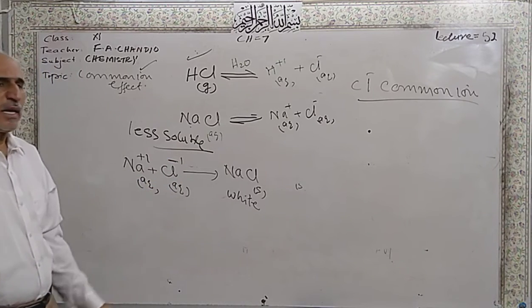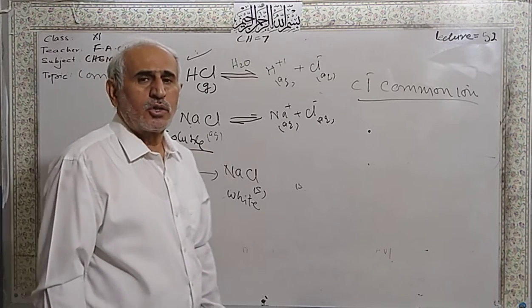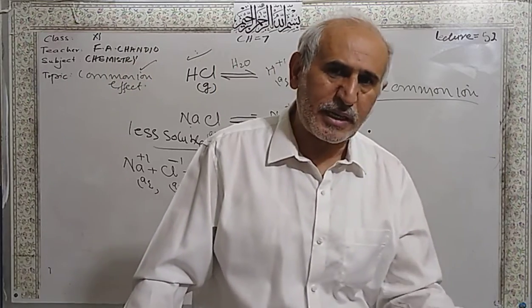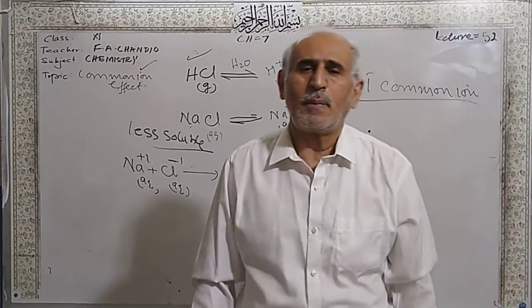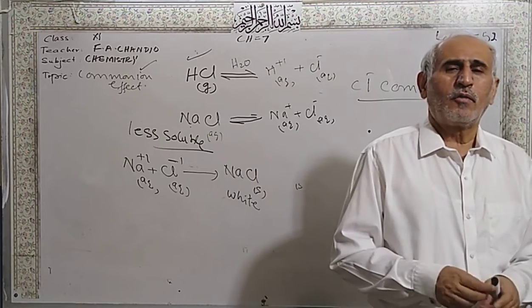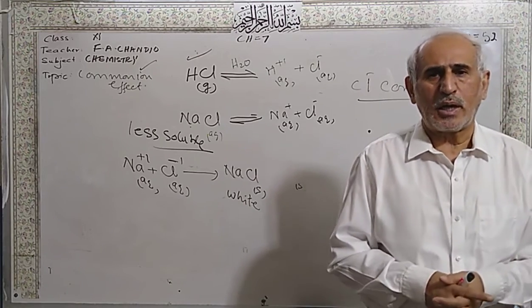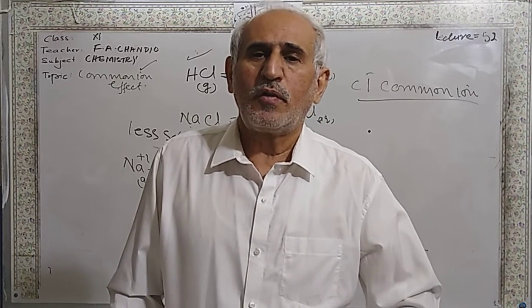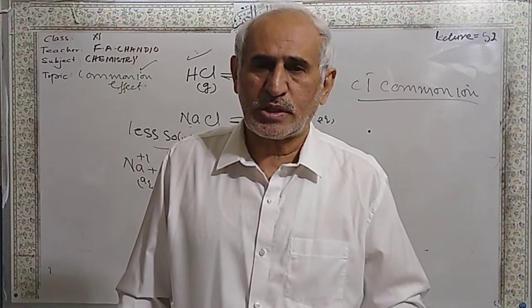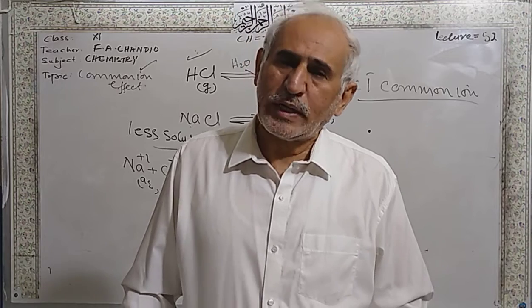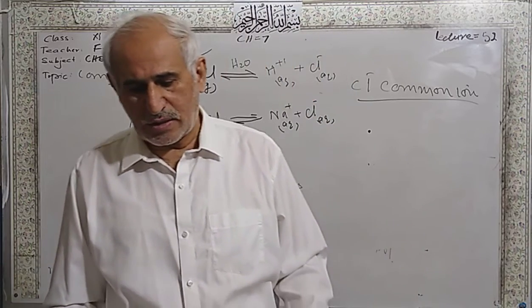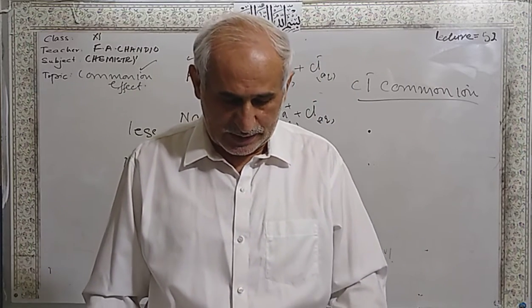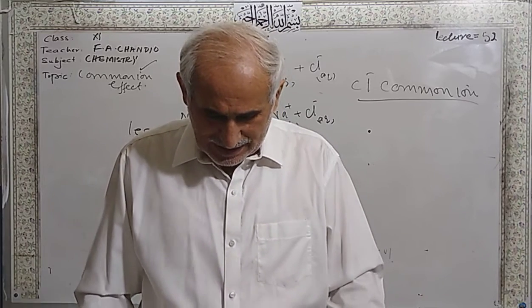Sodium ions and chloride ions combine to form sodium chloride and they precipitate out and settle down. Then by using filtration you can separate them, because sodium chloride crystals do not pass through the filter paper; small pores are there. So we can separate sodium chloride by using this purification method. This is the one use.